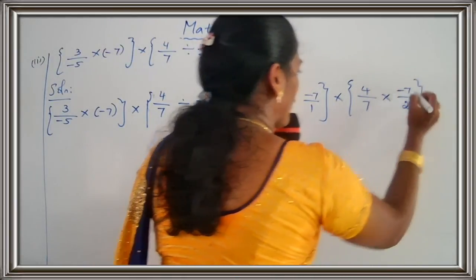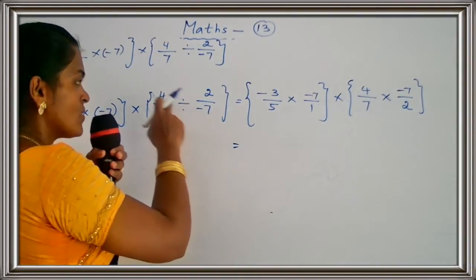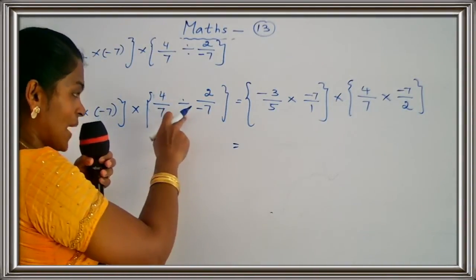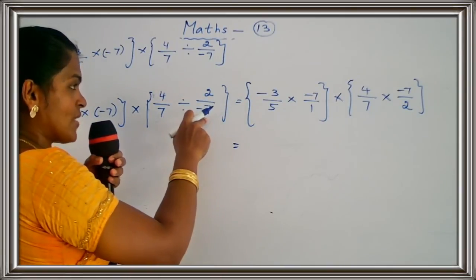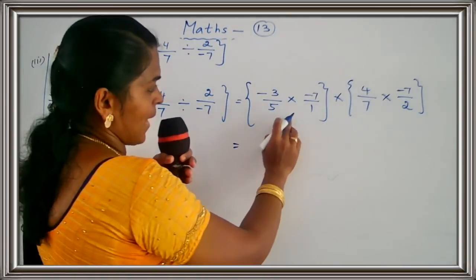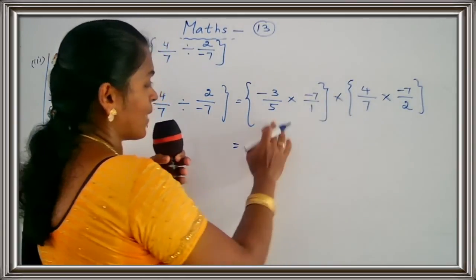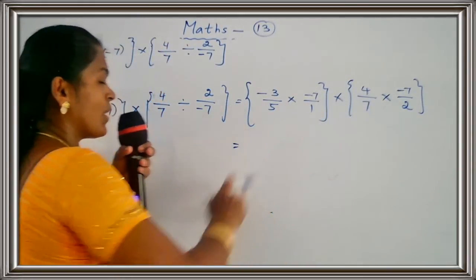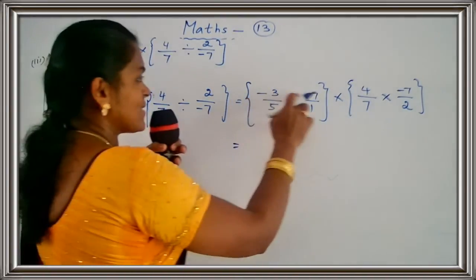Okay children, clear? Yes. Now here any common? Yes. Here 1 2 is 2, 2 2s are 4. Now you multiply. 21 2s are 42, minus 42. Why? Here minus is there. Plus into minus is minus. 21 2s are 42 upon 5 1 is 5. So your answer is minus 42 upon 5. Okay. Write it in your classwork note. Third one.